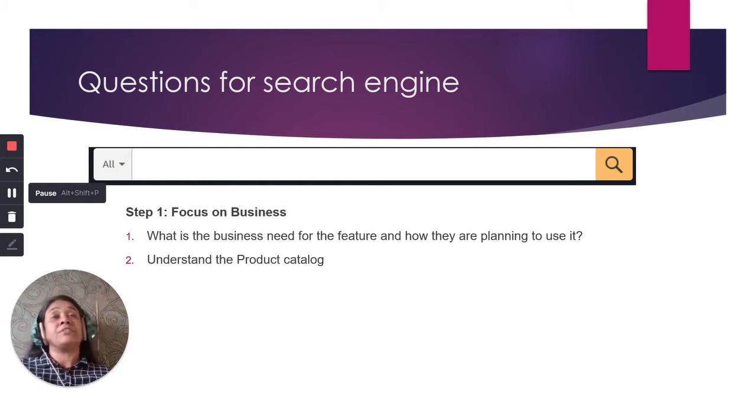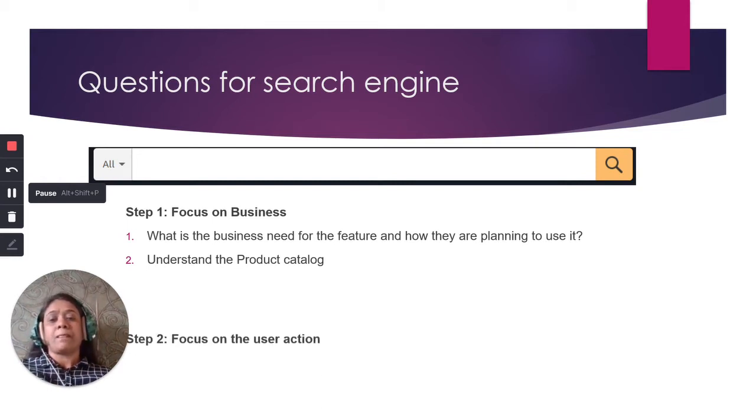Second, with respect to this search engine example, I will try to understand the product catalog. Now, this is specific to the search engine. Understanding the product catalog will help me understand the various categories, subcategories of products, and how the different brands are organized in the catalog, which will further help me optimize the search engine and suggest some keywords to the customer. So I will request a sample product catalog from the customer, which will help me analyze the different categorization of products that exists in their catalog.